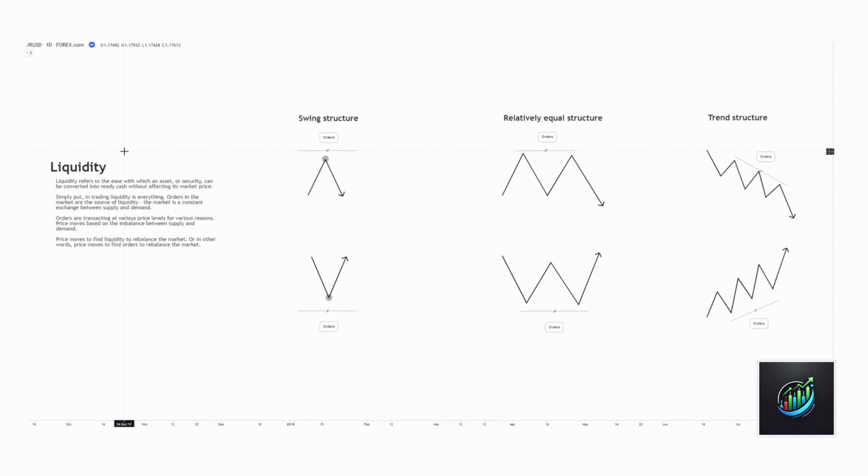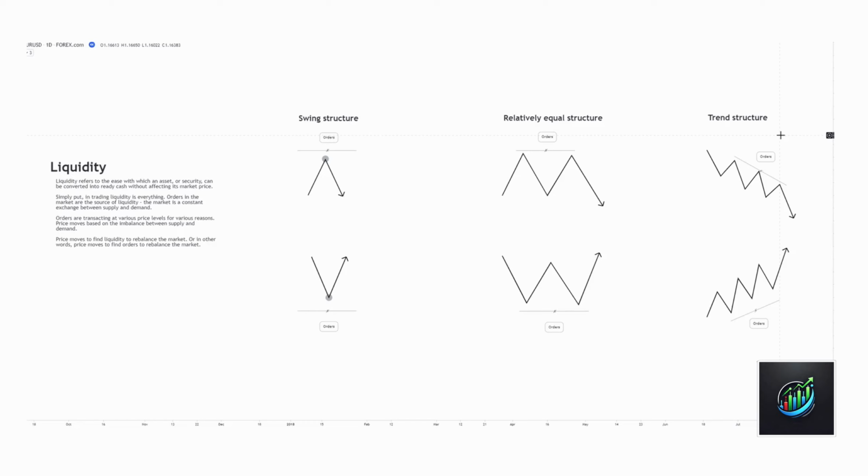And what we need to visualize on a chart, in more of a conventional manner, is the fact that what we're seeing is simply orders on a chart. We're seeing it depicted graphically via candles. But at the end of the day, every single price point that we see, every single pip, is a potential price that an order is sitting at. And the reason why price is moving up or down is to balance the amount of orders that are resting in the markets, to find a state of liquidity to create that balance.